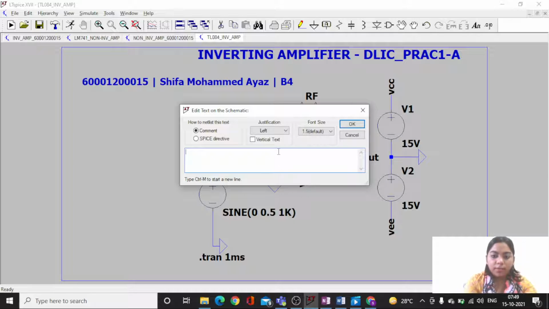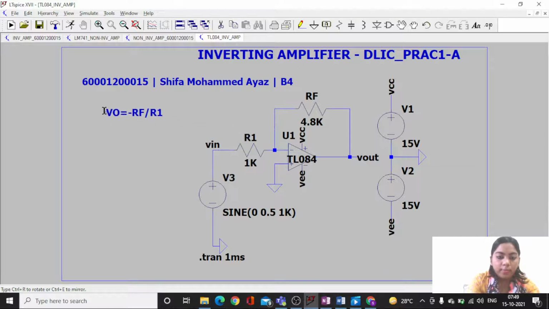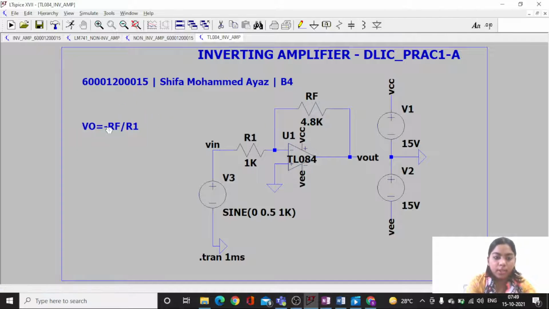I can even write that formula, that is Vo is equal to minus Rf by R1, and you can place it. You have another option to drag and move it. If I want, I can click on this and drag it to some other location. So this is how LTSpice works.